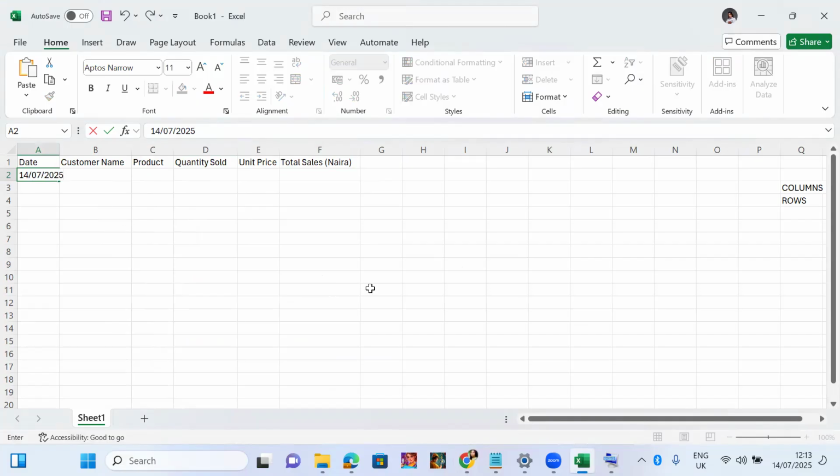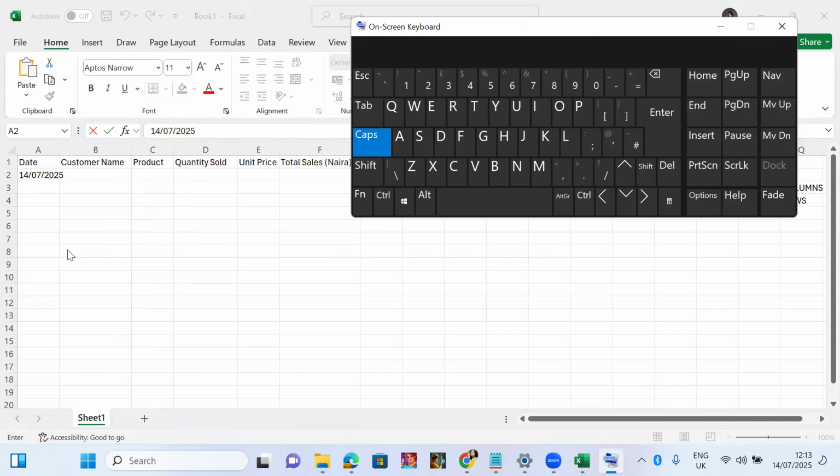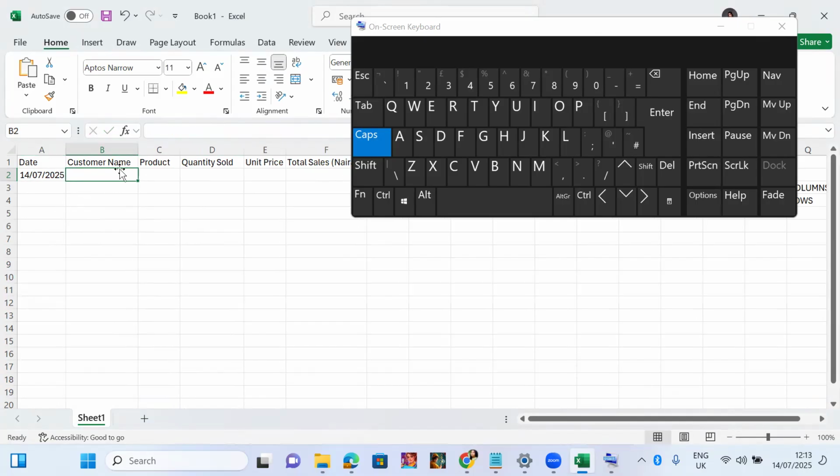07/2025. Now, when I type that, remember, guys, if I want to go to the right, I will click on tab. But if I want to come down, I will click on enter. So if I click tab, you see the green cell has moved to customer name. But if I click here and I want to come down to continue writing different dates, I'll click enter. Good. So I'll come here and type maybe 14th again, because in a day you can sell more